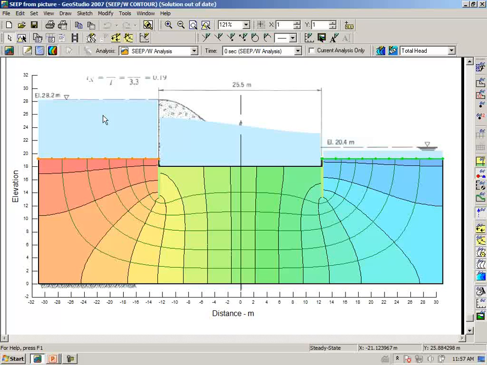Anyhow, regardless, the intent was here to illustrate the procedure, and this was a good example to illustrate what can be done in GeoStudio by importing a bitmap and using it as a background to define the problem. This brings us to the end of the import picture session. I will come back to